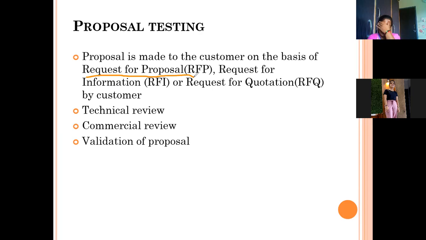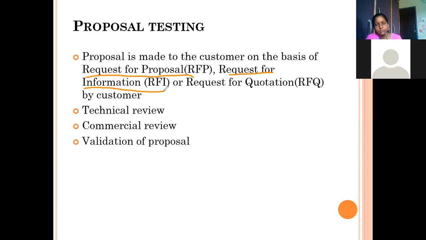Okay, so that is nothing but exactly the proposal of what you want in that particular product. Then request for information. Information is whatever basic information you will be giving to your development team or the people from that team also. And then request for quotation. So quotation means here the people who are present in that particular business will be giving you the idea about how much will be the profit out of this particular project.